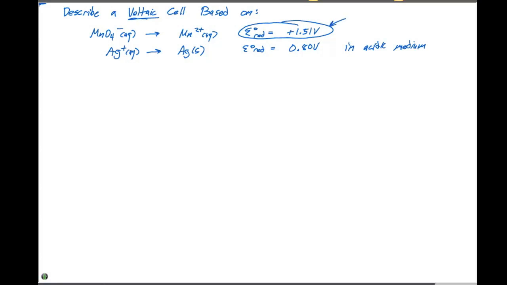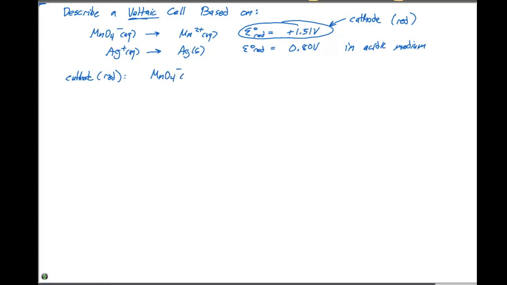And this right here has to be the cathode. And at the cathode, reduction occurs. So what this means is that we can write our cathode reaction or our reduction half cell as